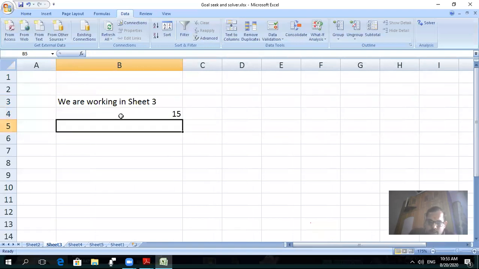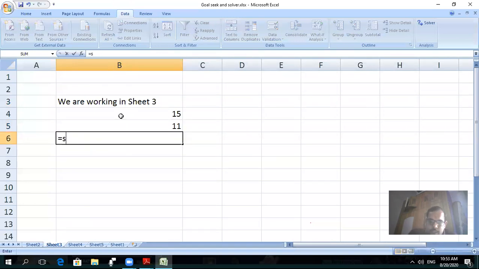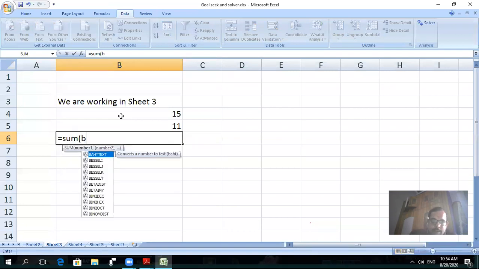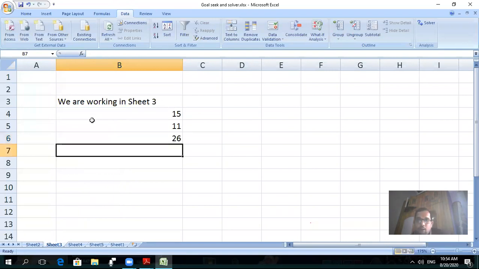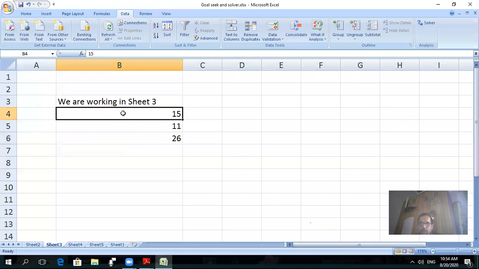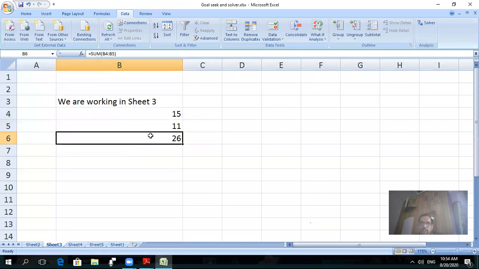Then you can do calculation also like this, 6 plus 5, that is 11. Function also works, SUM in brackets cell address B4 colon B5. These are the 4 values.